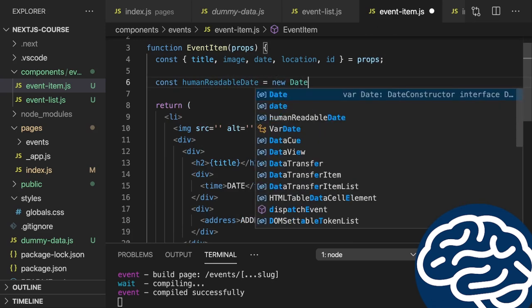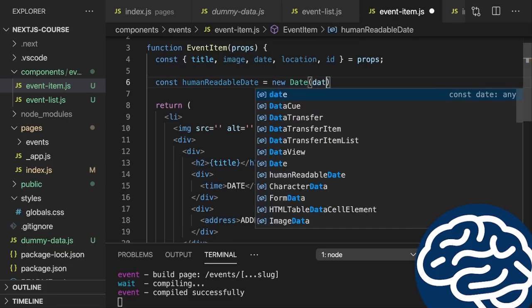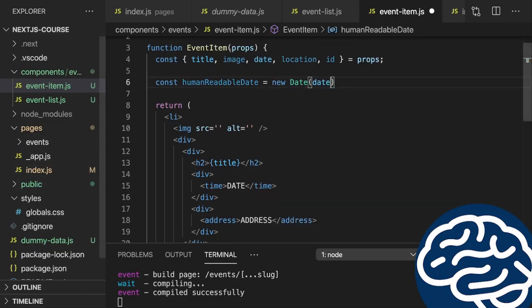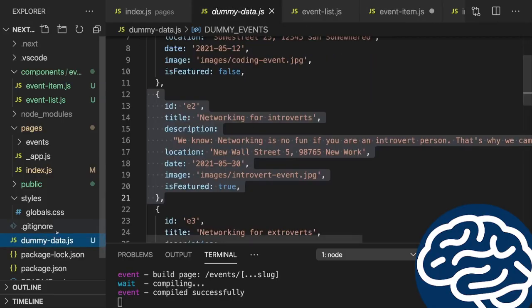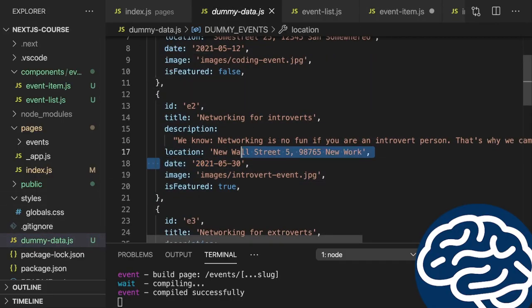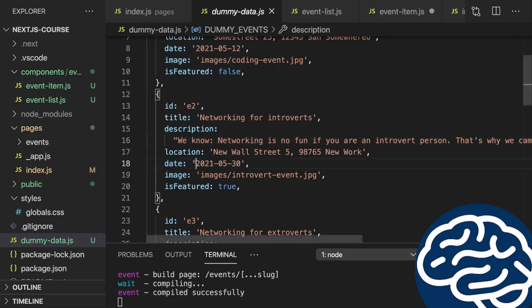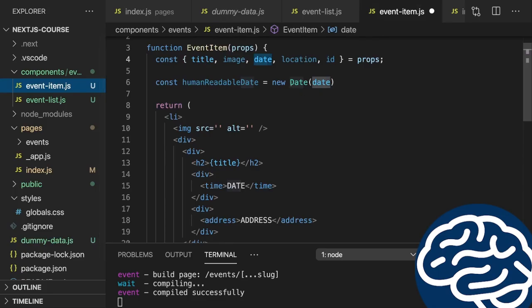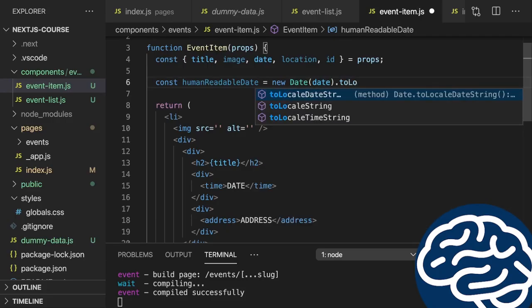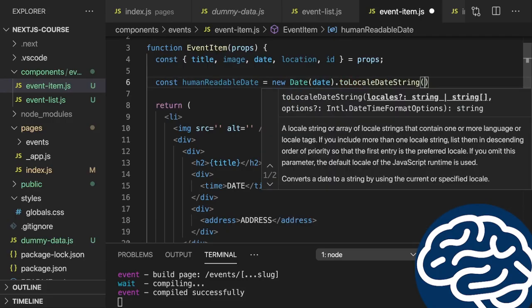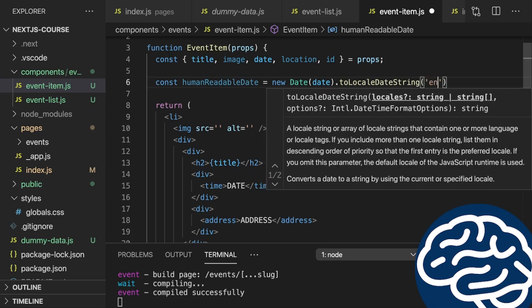And for this, I'll create a new Date object and pass date to it, because date, as we're getting it here, will have this format, which is kind of human readable, but not really pretty. But thankfully, that is a format which we can pass to the Date constructor to turn it into a JavaScript date object. And on such a date object, we can then call toLocaleDateString